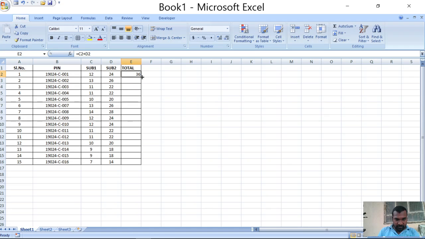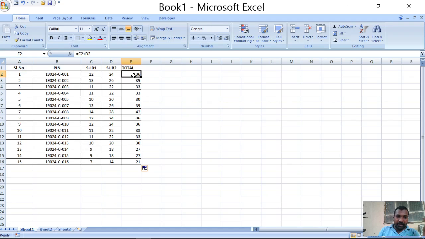If I use the fill handle, then the two subjects of the respective students are added and displayed here. You can observe 10 plus 20, 30. Even though we are applying the formula for the first row, the same formula will be applicable for all the remaining cells.